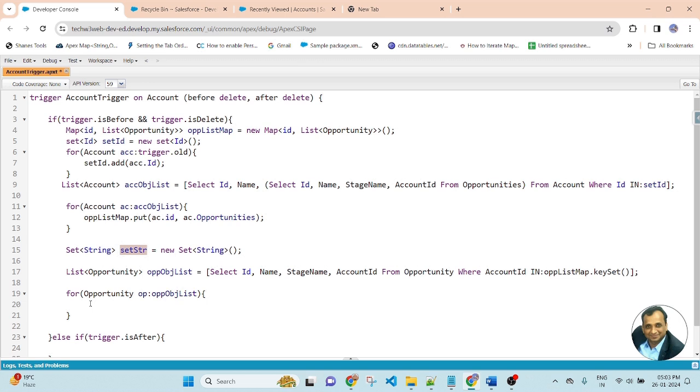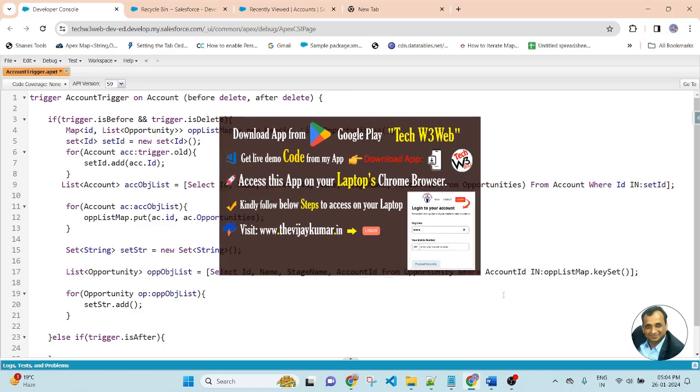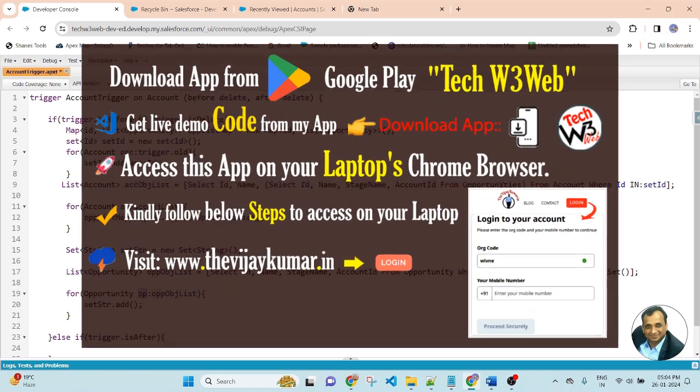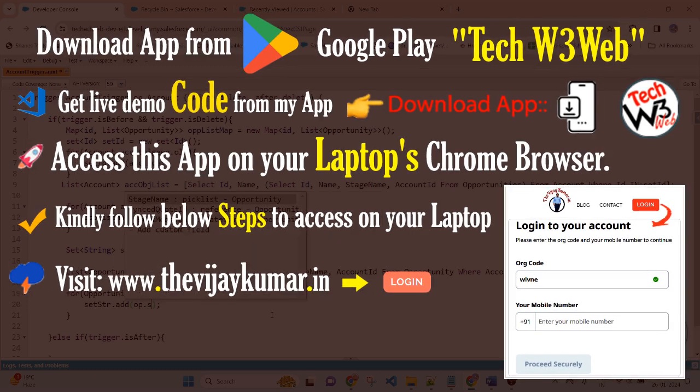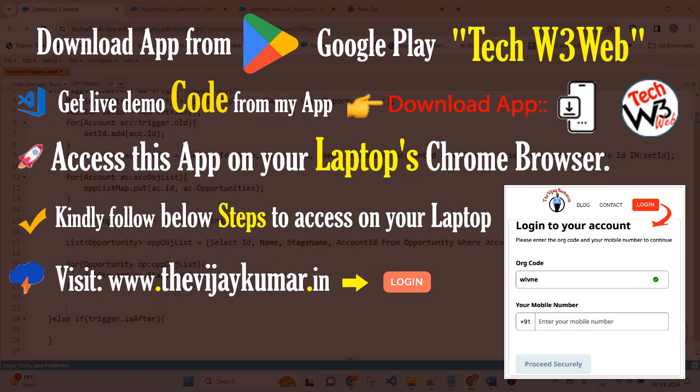I will store stage name into the string. So set of string dot add bracket, here will be pass op dot stage name. So inside the set of string, I am passing stage name of opportunity.